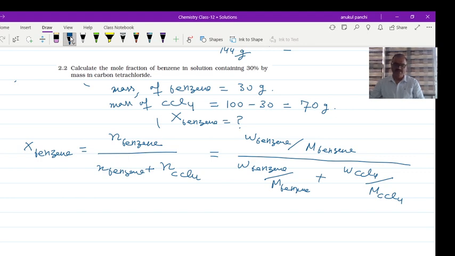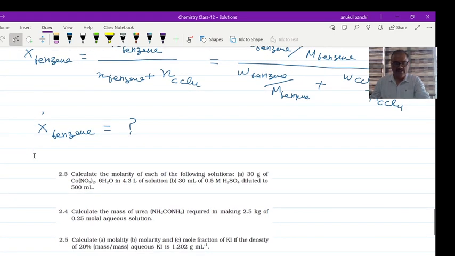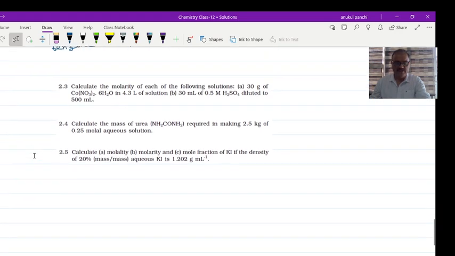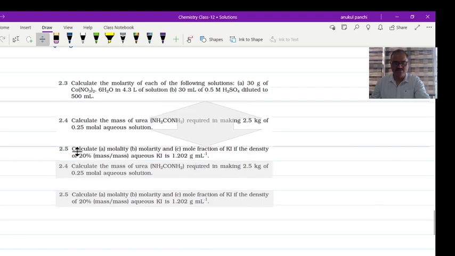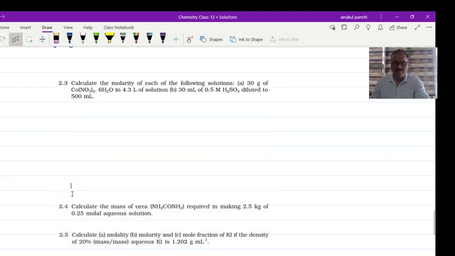Can you calculate it? I want you to calculate it because it is very simple. If you do it yourself, you will learn better. Okay, solve. After solving this, let us solve the third numerical. I give you hints of all these five so that you solve these, and if the problem still remains, you can ask anytime.